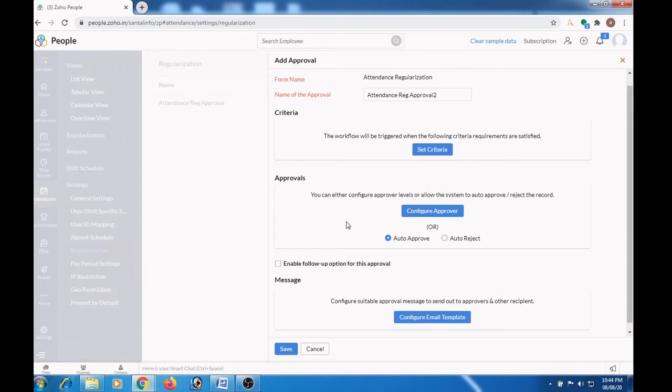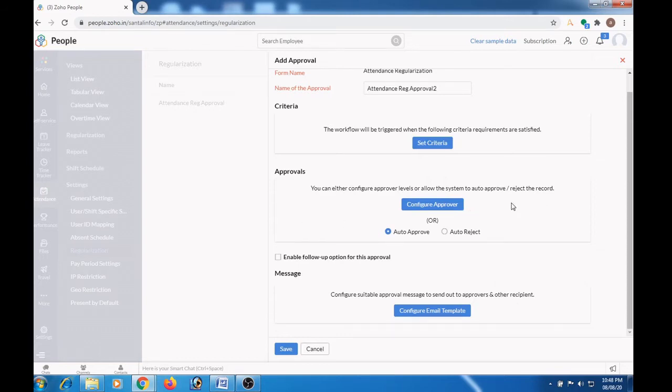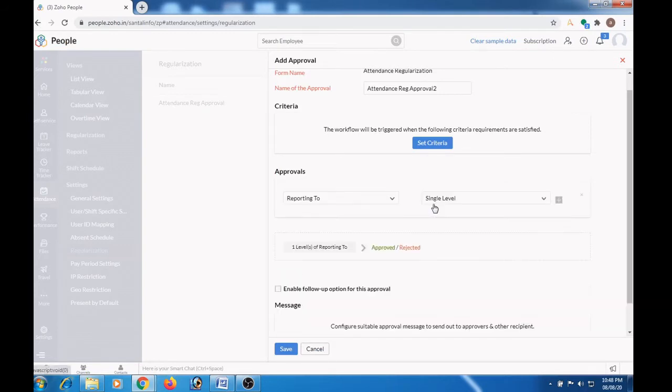Next comes the approval. To configure the approver level, click this configure approver button. Here it's showing reporting to single level. If single level of approval is required, then you can stop here.